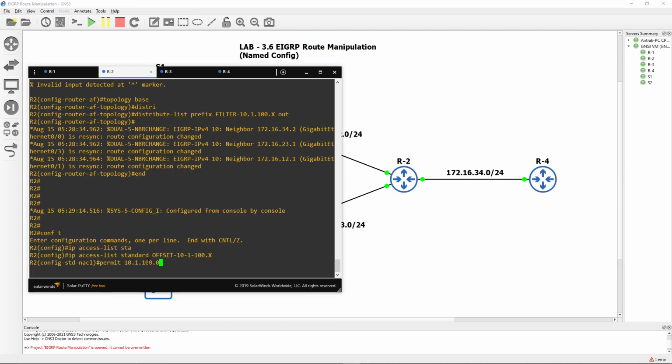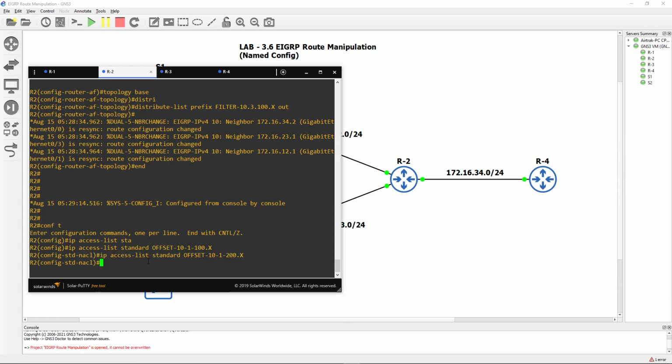Because isn't that the one we filtered? It is the one we filtered. We should really call this a 200. Oh, too late for the name change, unless we do that. Yeah. And then we go permit the 10.1.200.0,